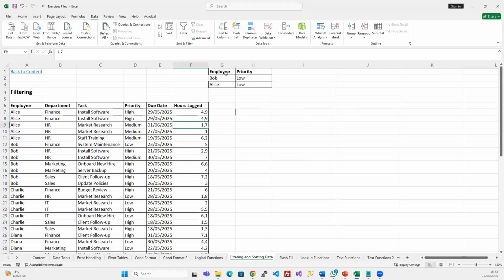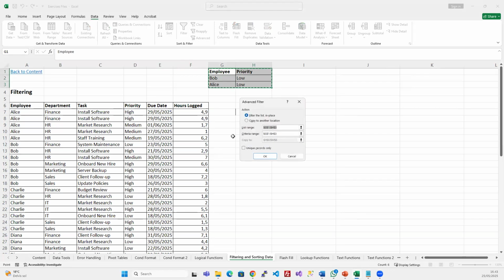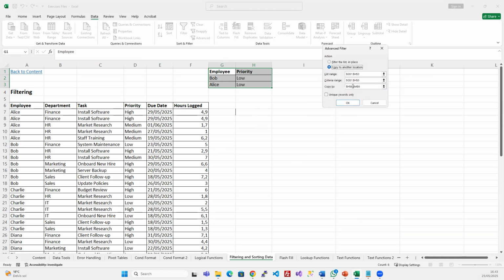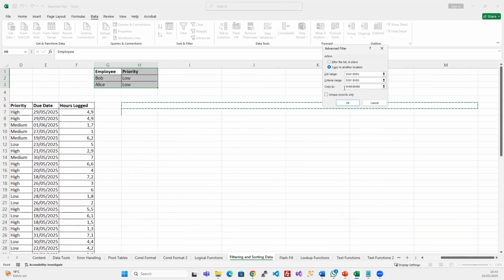The bit I had forgotten yesterday was that you can actually move what you are copying into a new location by selecting, instead of filter the list in place, copy to another location. And then it is recommending for you to put it in this location. If I say okay,